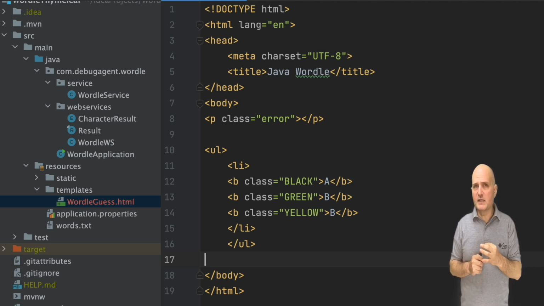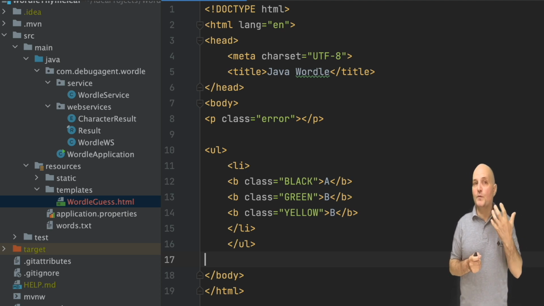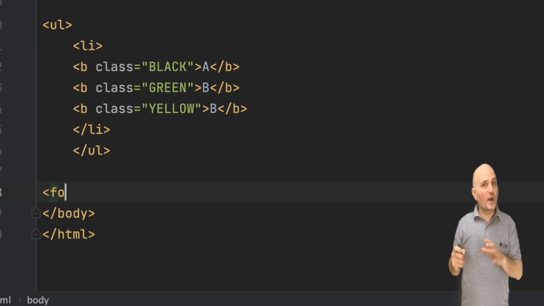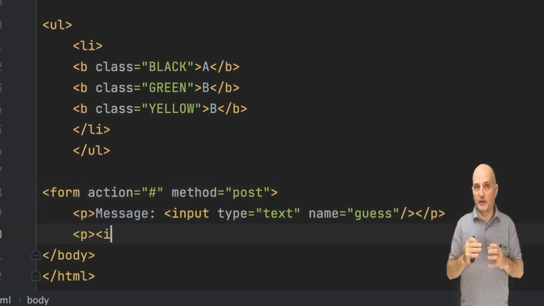An unordered list is comprised of list items represented as LI entries. Notice that I add letters just so something will show on the screen and give each one of them a class. This will let us see how the final result will look before we write the actual code that implements this. Finally, I want to add the form that we will submit.